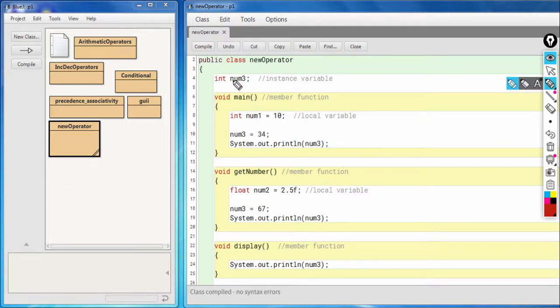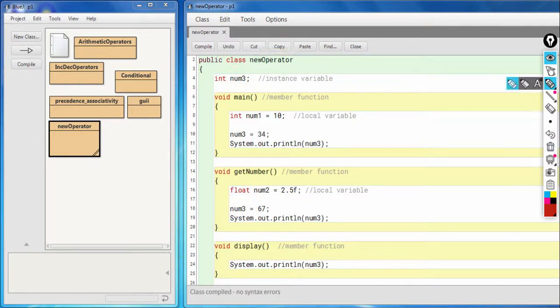So in this example we have just one instance variable which is num3. So any number of objects that is created for new operator class, each object will have its own copy.